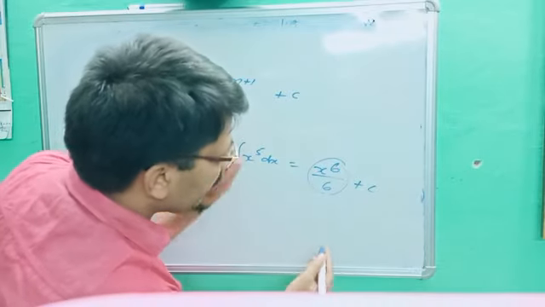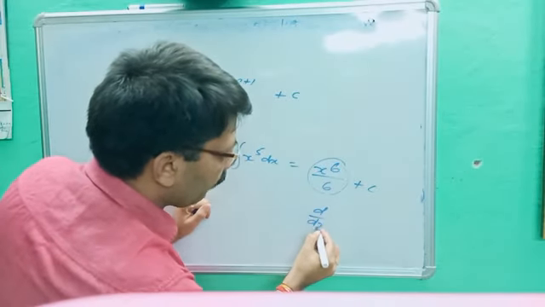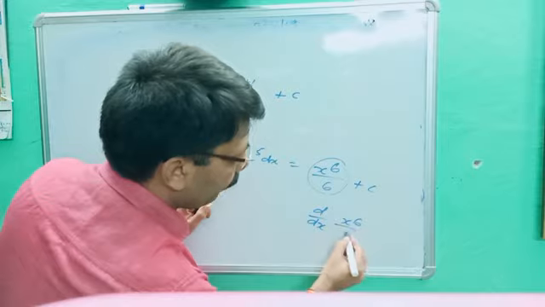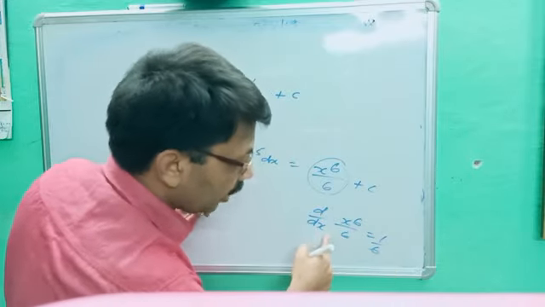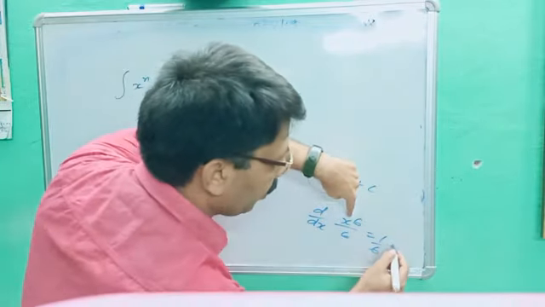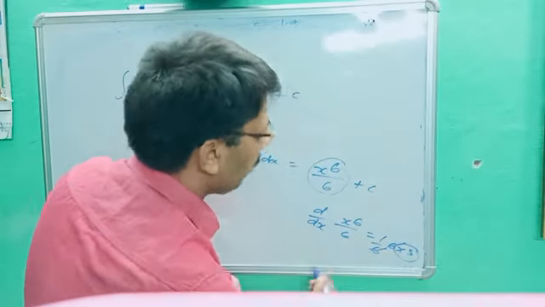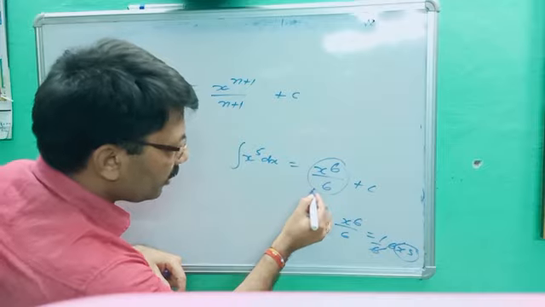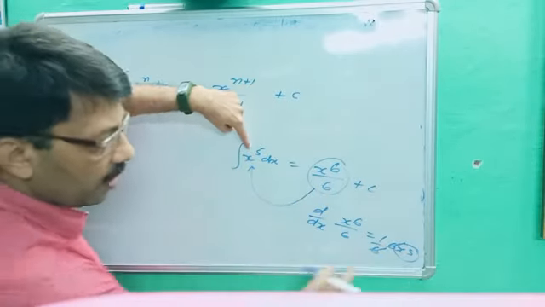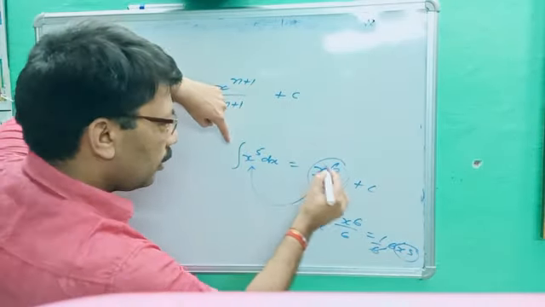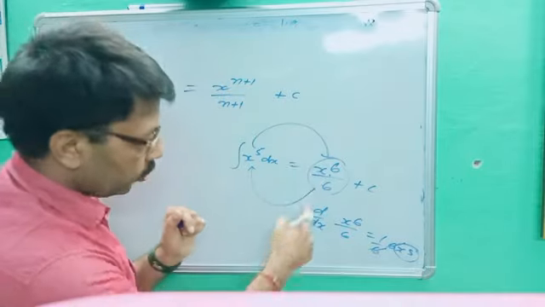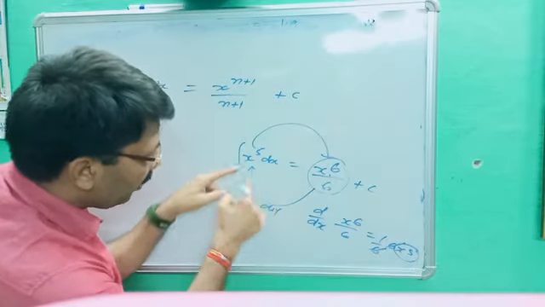Now I ask, differentiate it. So if you differentiate it, what do you get? d upon dx of x power 6 upon 6. You will get 1 upon 6 outside. What is the differentiation of x power 6? You better know: 6x power 5. The 6 cancels. You are getting x power 5. It means its differentiation will be that much. See there, you are getting x power 5. It means that was the integration of this one, so its differentiation will be x power 5.